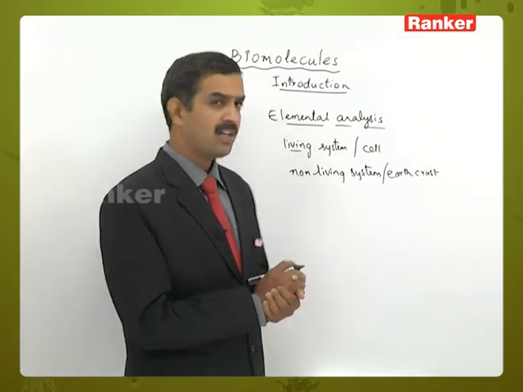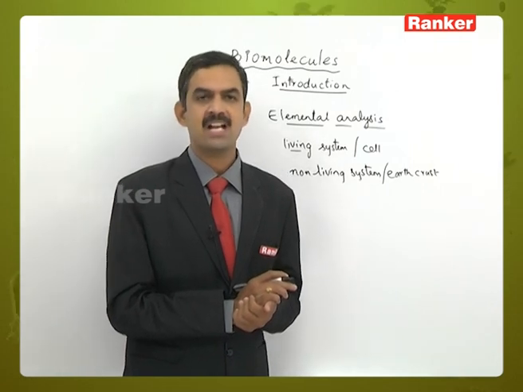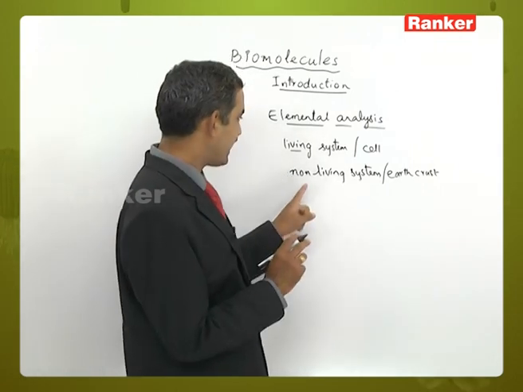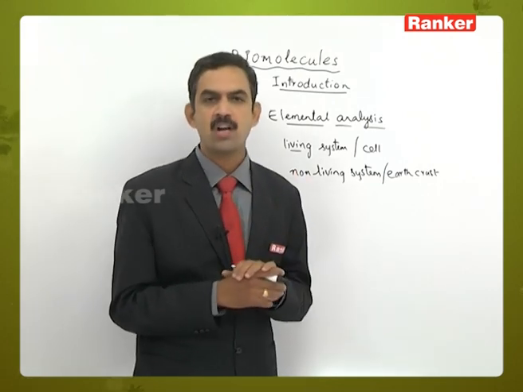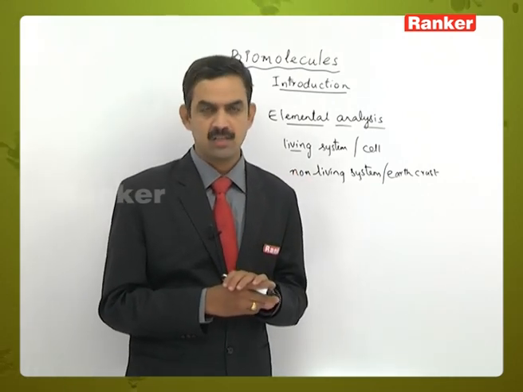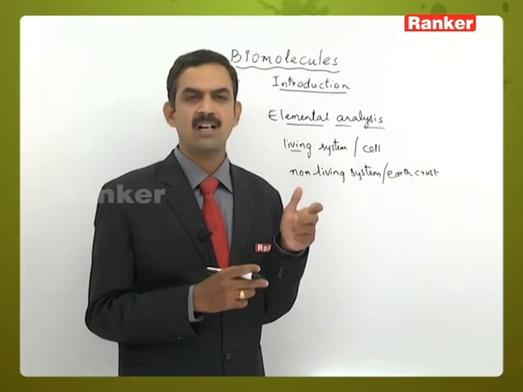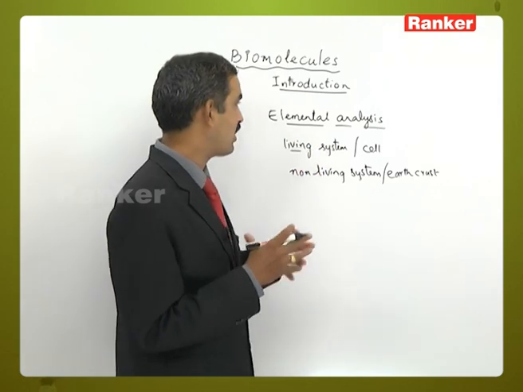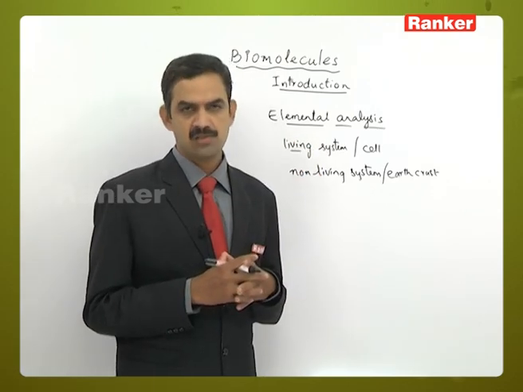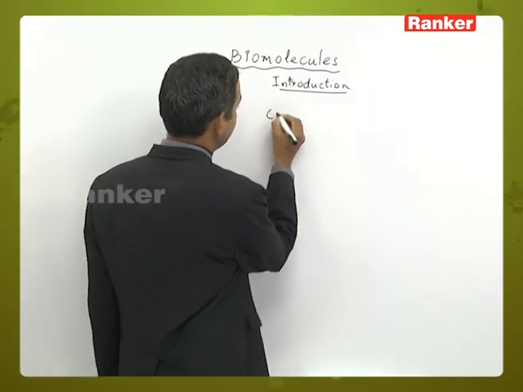Basically, the abundance of carbon and hydrogen is more in the living system or the living cell when compared to a non-living system or the earth crust. So likewise, we know about the elements present in the living and non-living system by a process called elemental analysis. Then